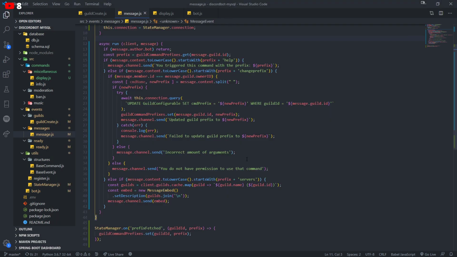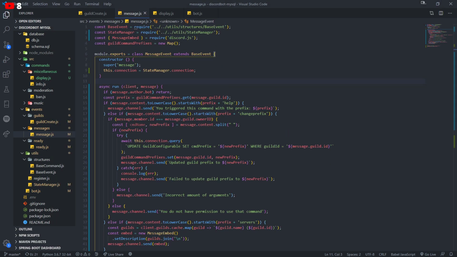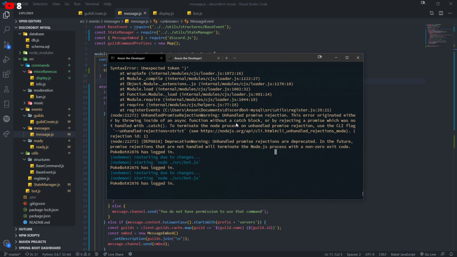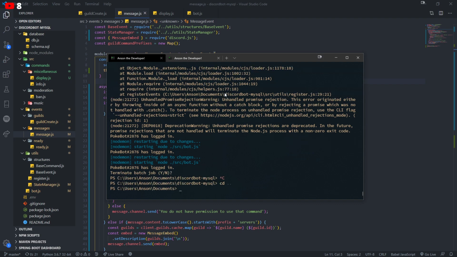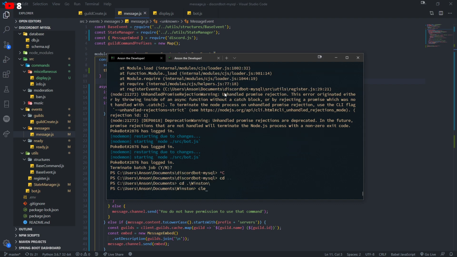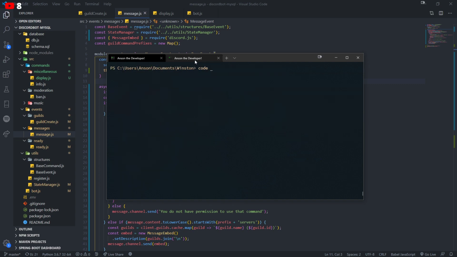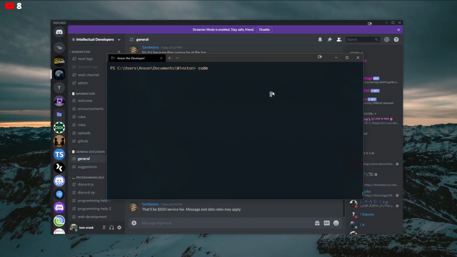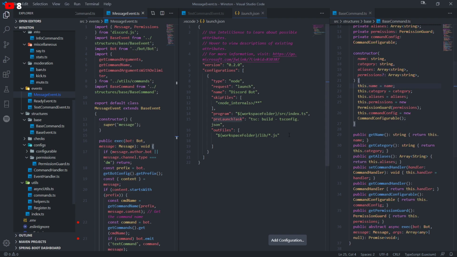But yeah, let's see. I kind of want to exit out of here because I want to work on my Winston bot. I've been slacking really hard because I've been so busy with the Discord bot tutorials and helping people out on the server.